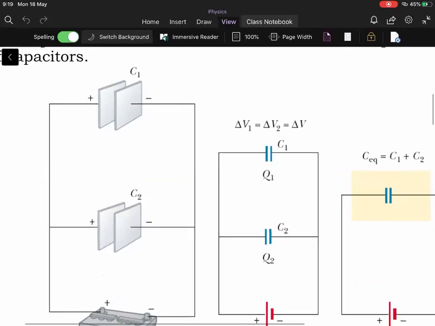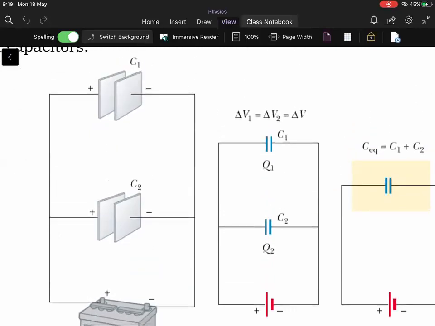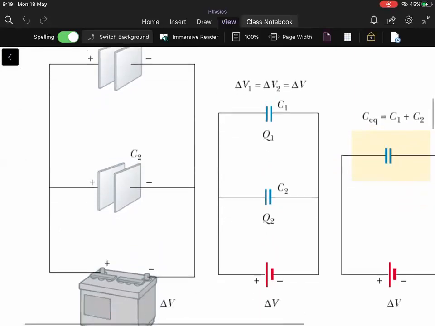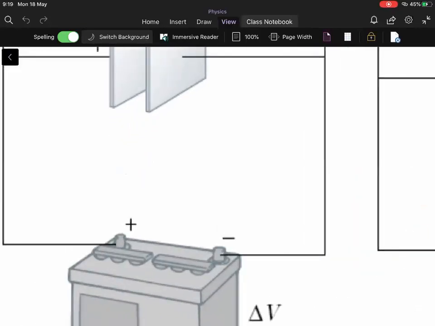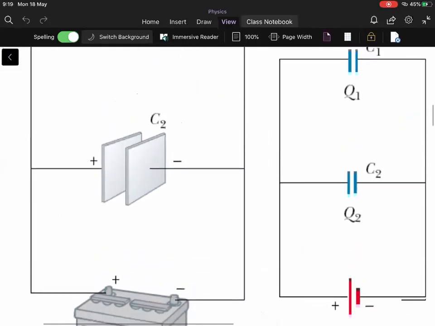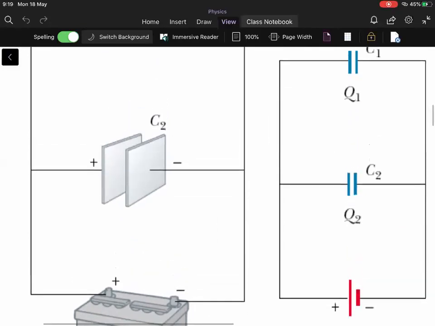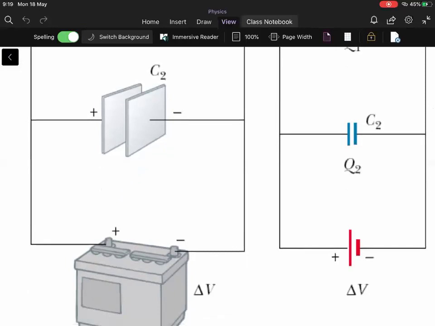Each capacitor has two plates. One plate from each capacitor is connected to one of the terminals of the battery, and the other plate of the respective capacitors is in turn connected to the other terminal of the battery. So here you can see the left plates are connected to the positive terminal and the right plates are connected to the negative terminal. Now the job of this battery or the cell is to create a constant potential difference across the plates. And that potential difference will be equal to the electromotive force between the two terminals.